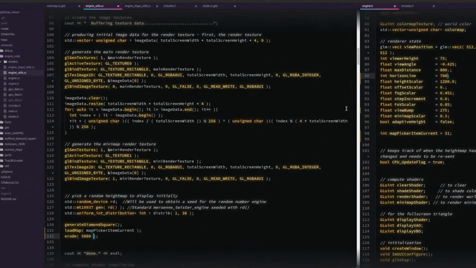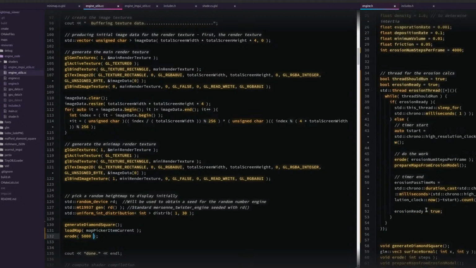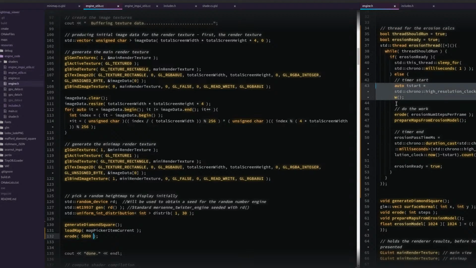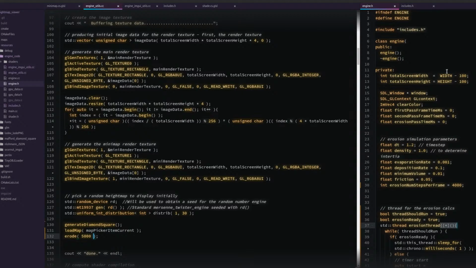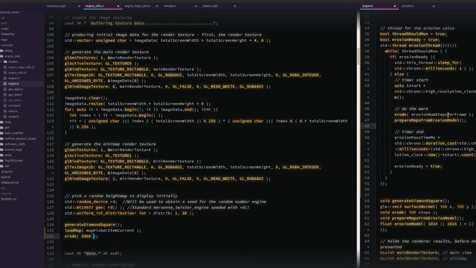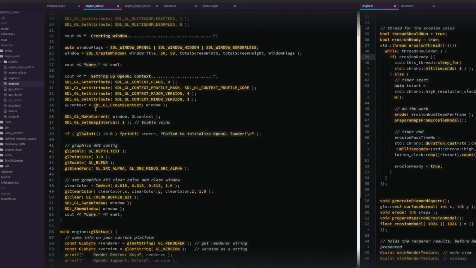The way this is done is, I've got a small thread, and this is just for timing here, but basically this thread captures the class scope for the engine, and it loops forever until we're looking to quit. And it's got a flag called erosion ready, which basically means that this